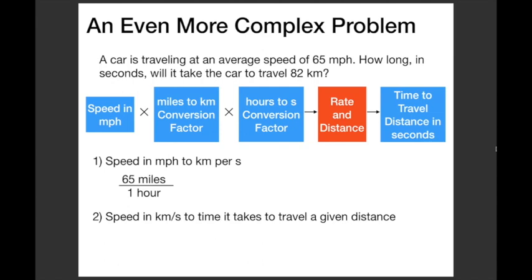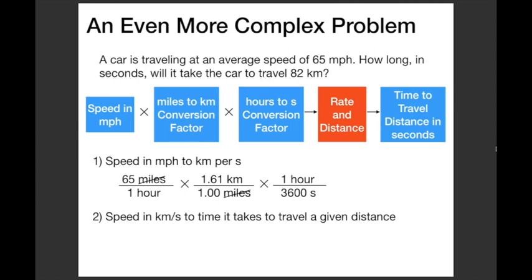So starting with 65 miles per hour, if we multiply that through with a conversion factor that changes us from kilometers to miles, what will happen is the miles cancels out, and then we'll be left with kilometers per hour in the final answer. So we need the second conversion factor,